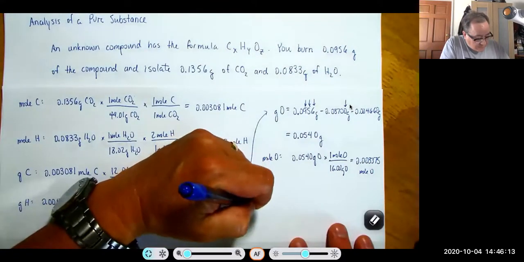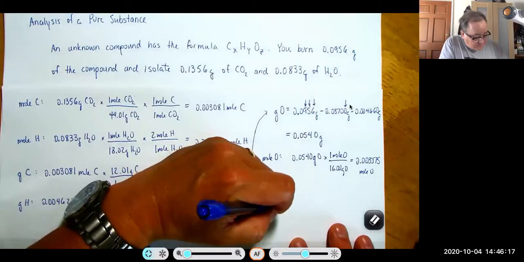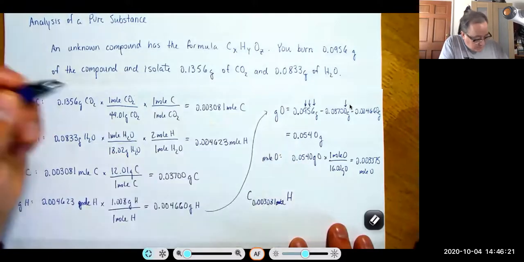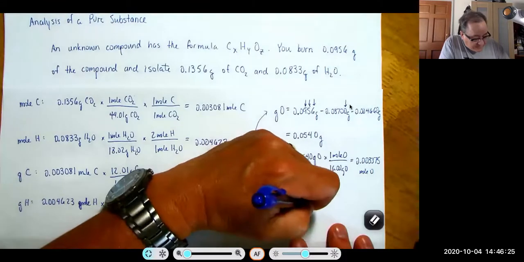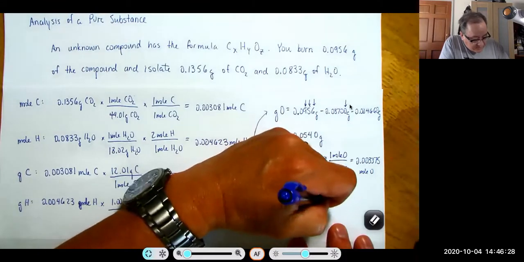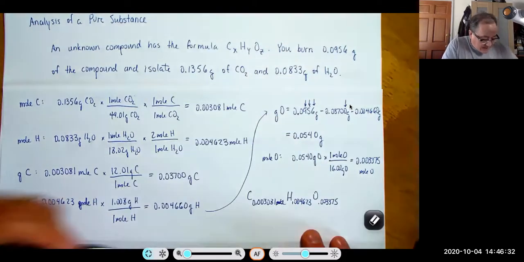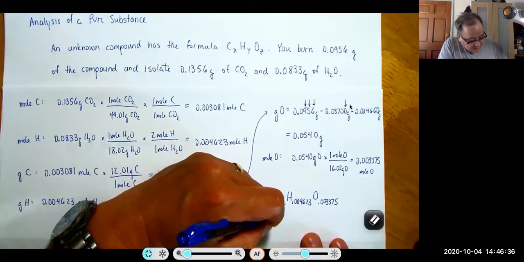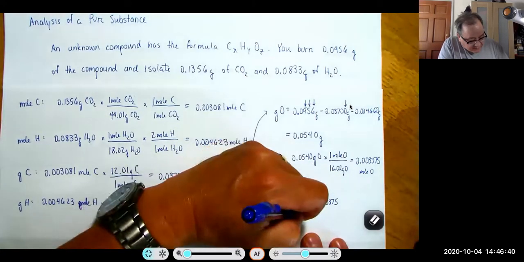Carbon, 0.003081 mole. Well, we don't need the mole there. Hydrogen, 0.004623, and oxygen, 0.003375. So what do we divide by? I'm going to divide by 0.003081 and get carbon 1,